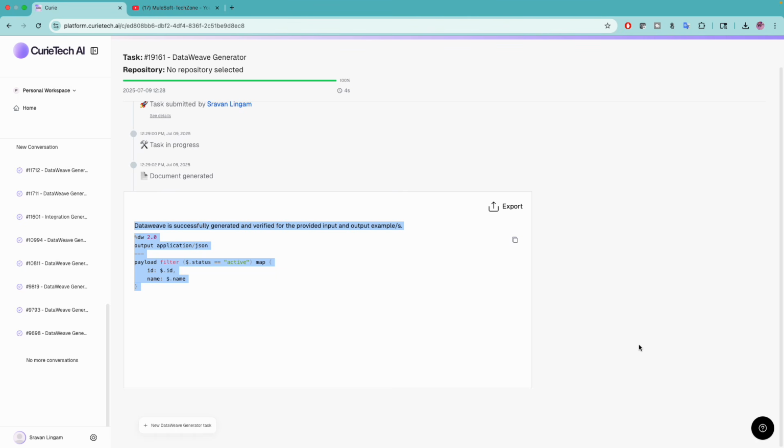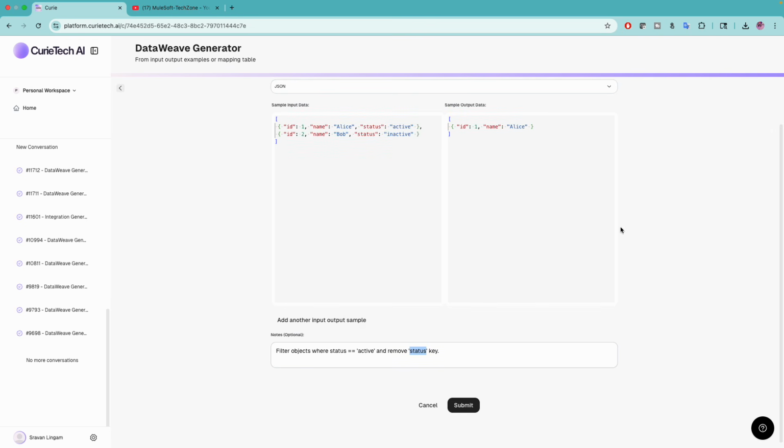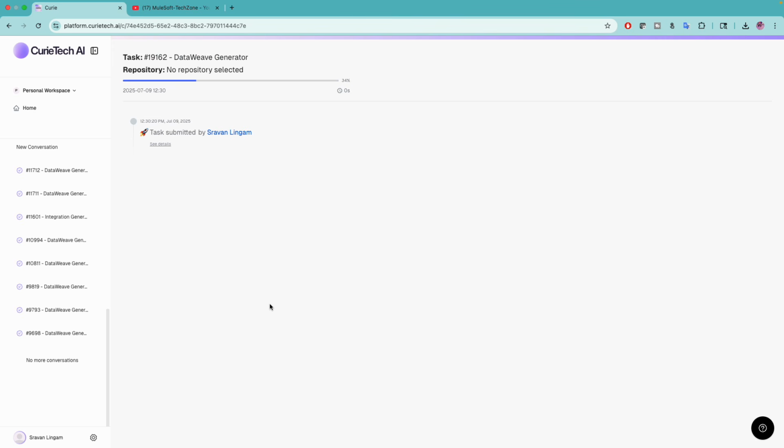But I always suggest you guys to have some notes in your DataWeave generated code. So if I go back again here and copy paste my sample input data, and add some notes saying, hey, I want to filter the objects where status equal to active and remove the status key. I don't want the status key in my output, because here you can see there is no status key. In that case, if you submit it again,